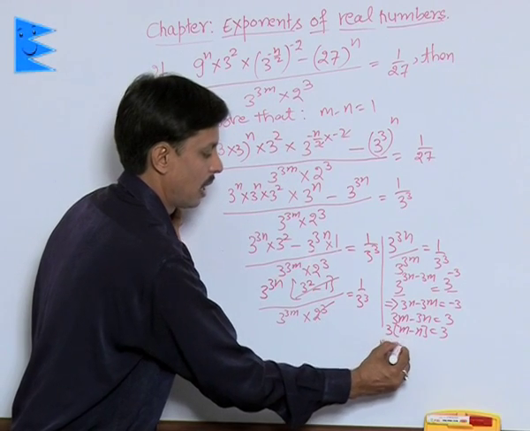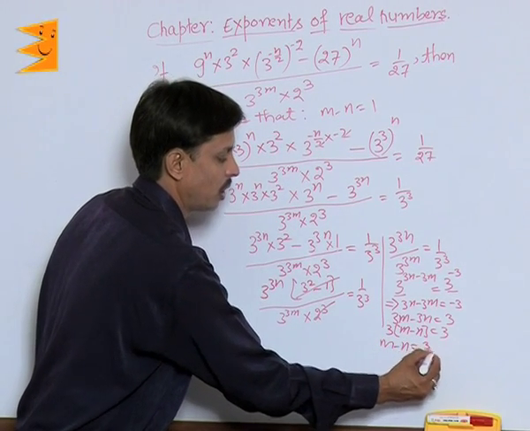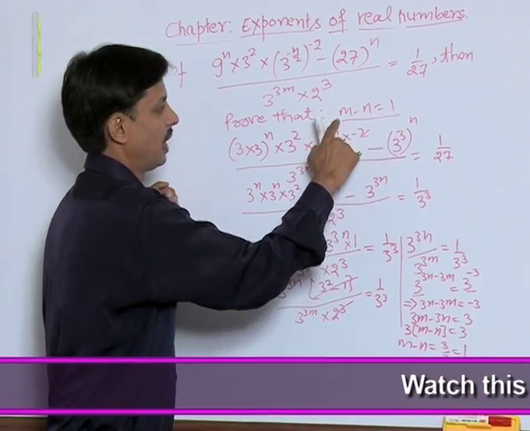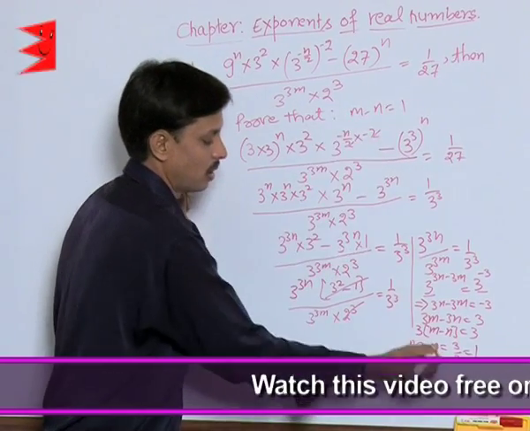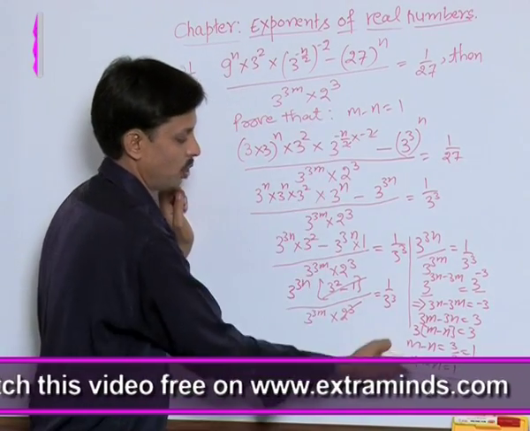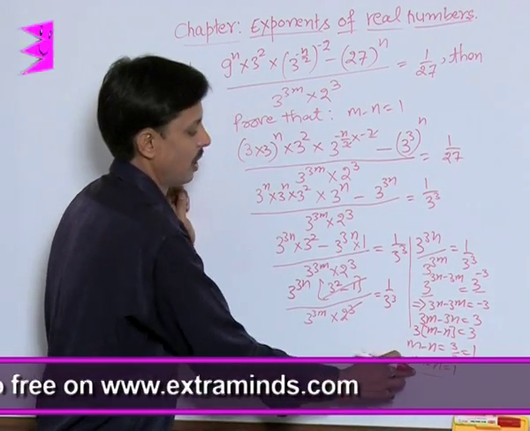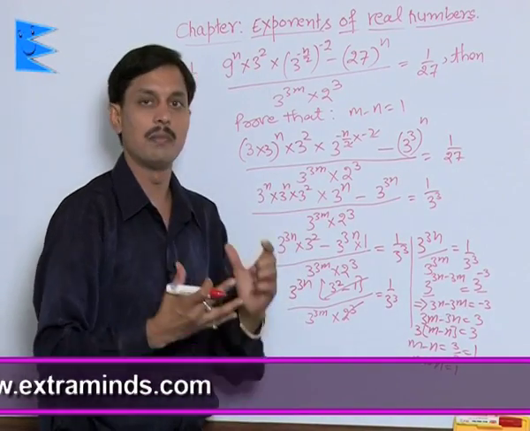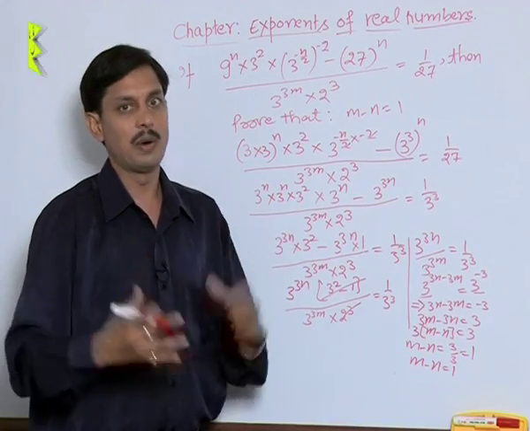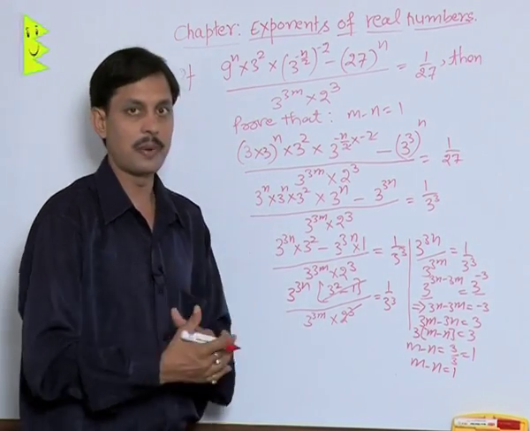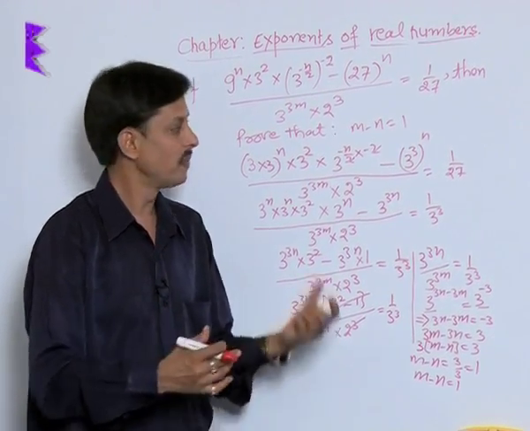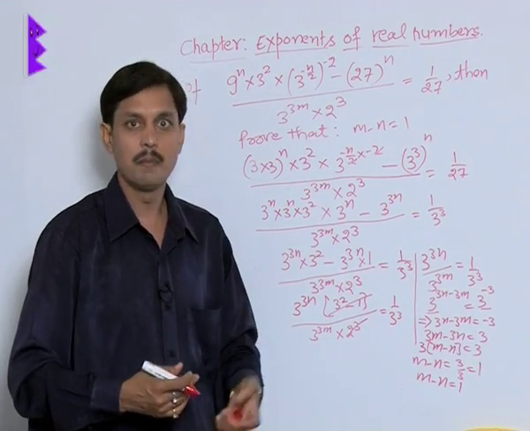So the answer of m minus n is 3 upon 3, that is what? 1. This is something we actually need to show, that m minus n is 1, and here also we are getting m minus n as 3 upon 3, that is 1. So these two values you can match and can say with the help of exponents. There are certain results that can be proved, bases can be compared, and powers are added in case of product, subtracted with same base in case of division, and multiplied when there is a power to the power.